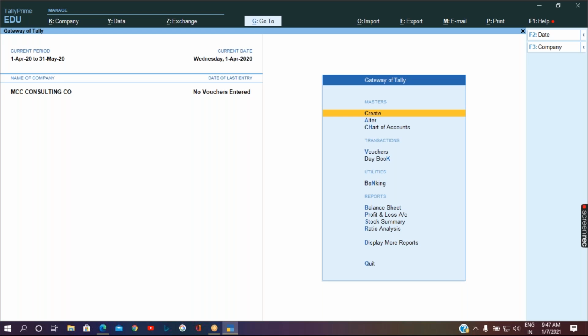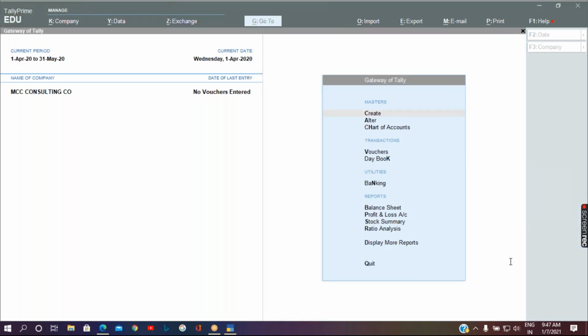There are 22 default voucher types in Tally, which we regularly use. In case you are using the payroll concept, there are two more voucher types related to payroll. Out of these 22 voucher types, they are divided into four parts.